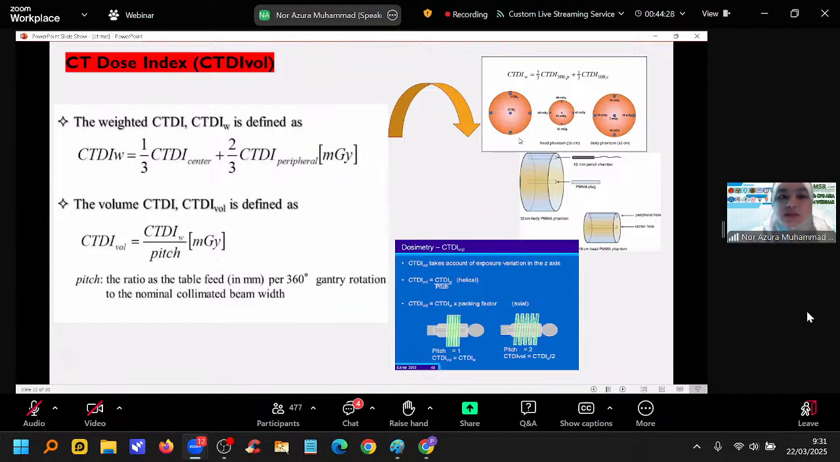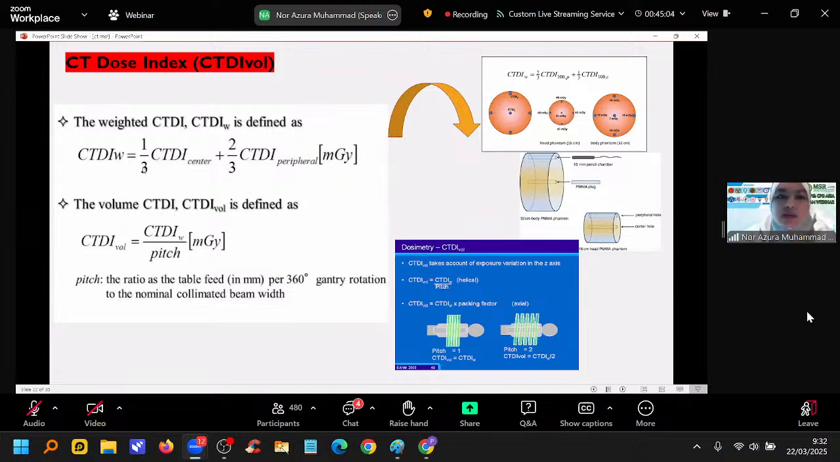So how do we get this CTDI weighted value from this event? We use the PMMA phantom. The 32 cm phantom is for the body, and this 16 cm one is for the head. But this 16 cm PMMA phantom can also be used for the pediatric body. By inserting the pencil chamber at the peripheral hole and center hole, we can get the result